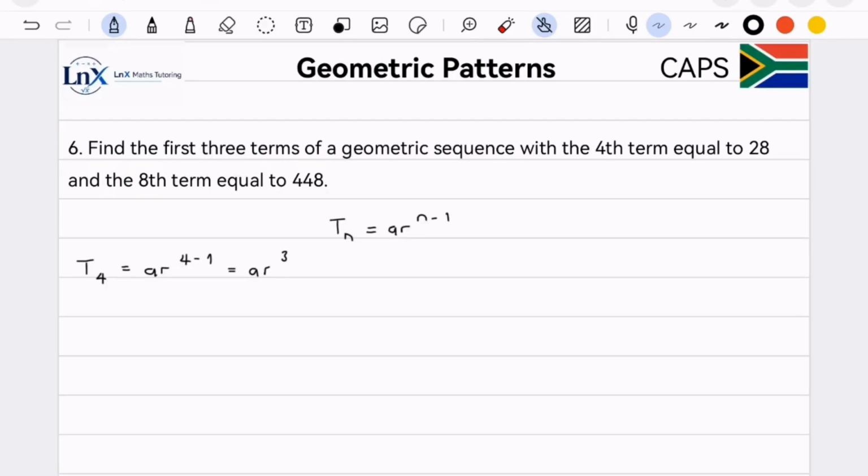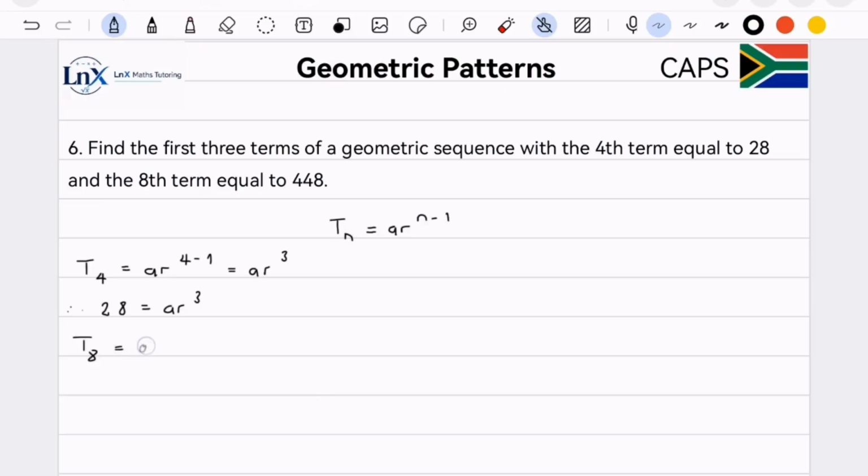So therefore T4, which equals 28, would be 28 equals AR^3. Right, fine. So let's go to the other statement. It says the 8th term equals 448. So we have T8,